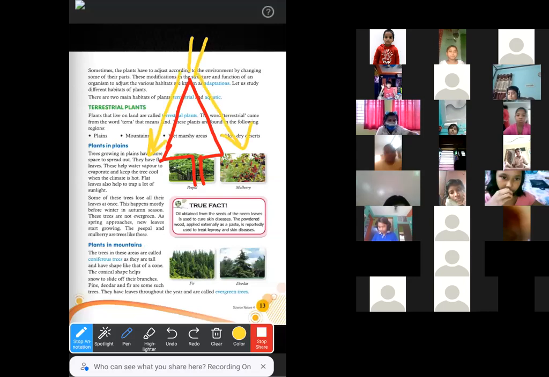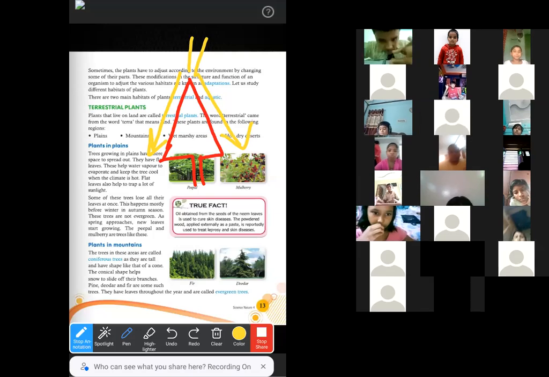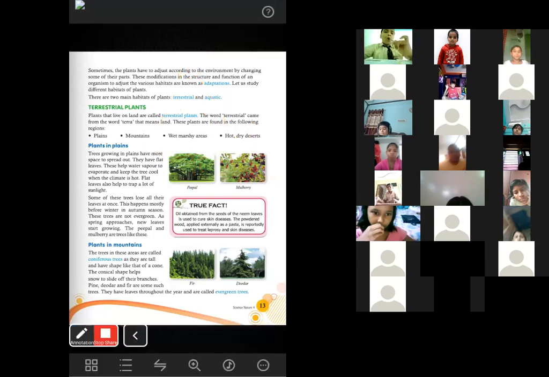It slides down because the structure of the tree is conical. So the snow cannot be stored inside any part of the tree. It directly slides downward. This is how, by this structure, the trees save themselves from the snow.